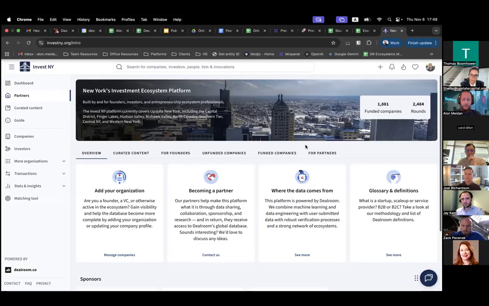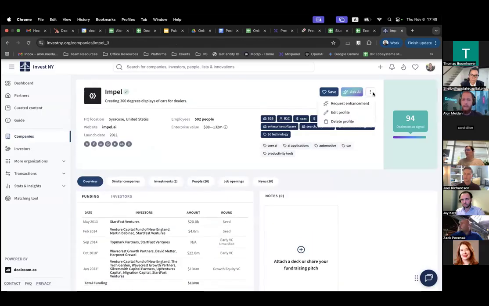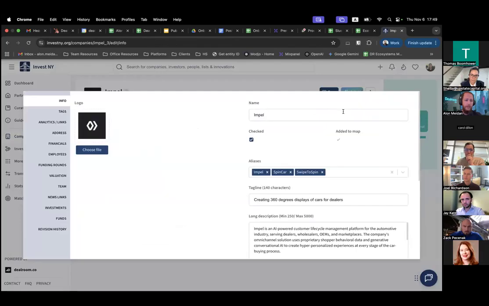Then with regards to claiming the profile, basically any startup, any company on our database can claim their profile. The way to do that is simply to sign up, because we will match their email with the company database. And if there is a match domain-wise, then they will automatically be prompted to claim their profile. If not, then they can always use our chat to ask for assistance, and we will help them claim their profile. Once they do that, then they can get access to this edit profile tool, which will allow them to edit basically anything about themselves.